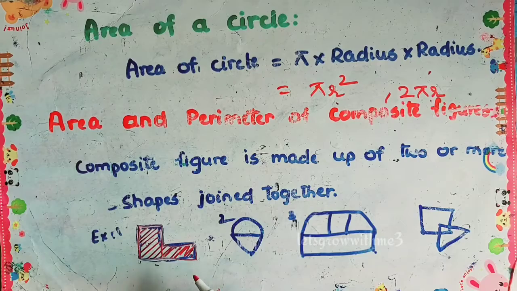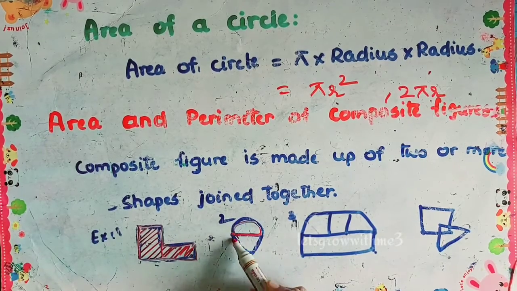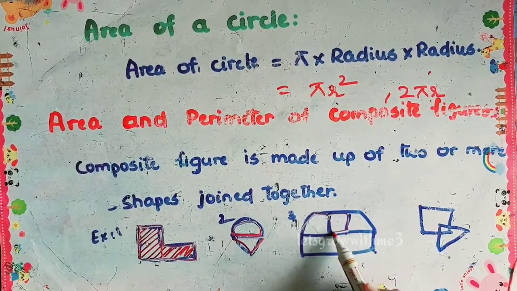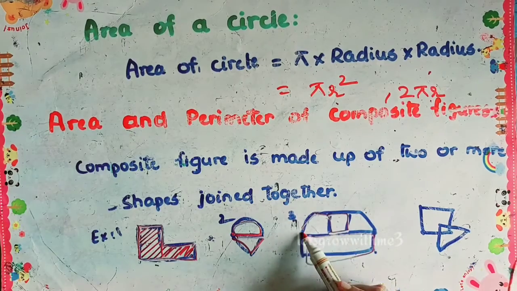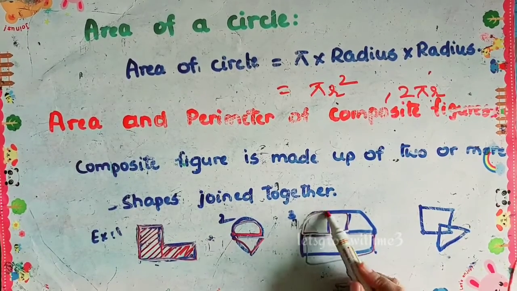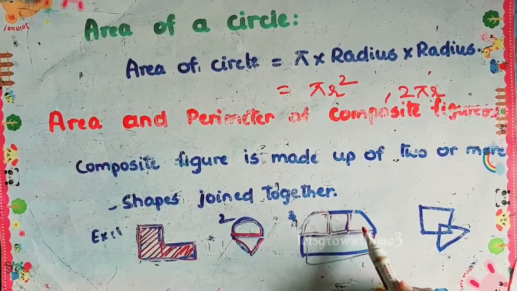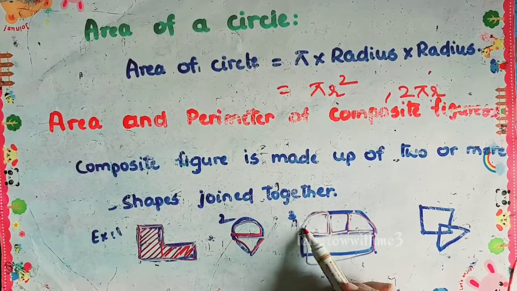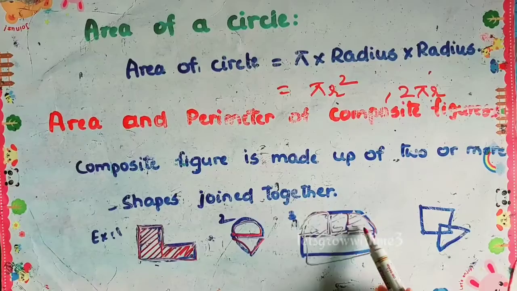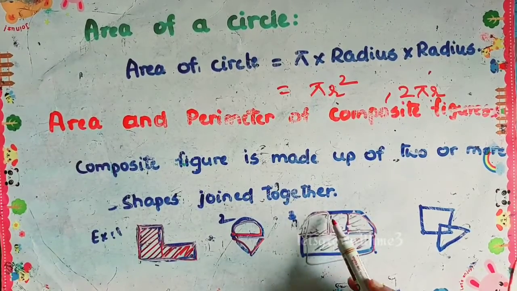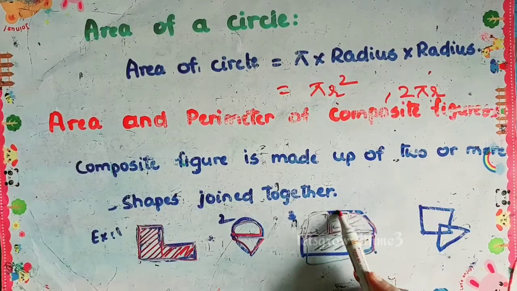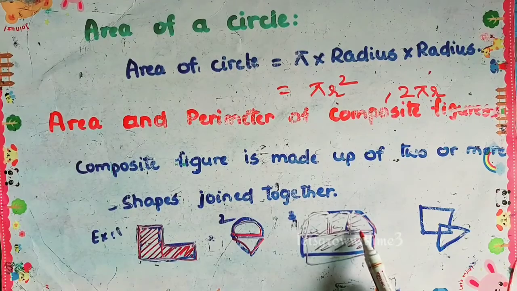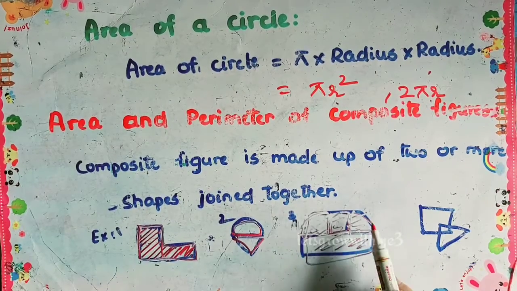It is very easy. How to find the area? You need to find the individual shapes' areas, then add them all together. Here, you calculate the area of the square, then the area of the quarter circles, then the area of the rectangle. The circumference is a very easy task. You just need to find all the boundary lengths and add them. In these three pictures we don't have any overlapping shapes, so all are individually added together. It's not a big deal.